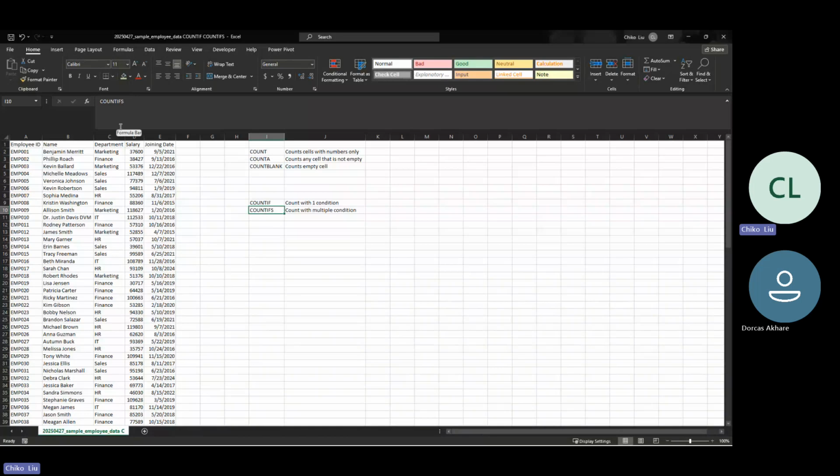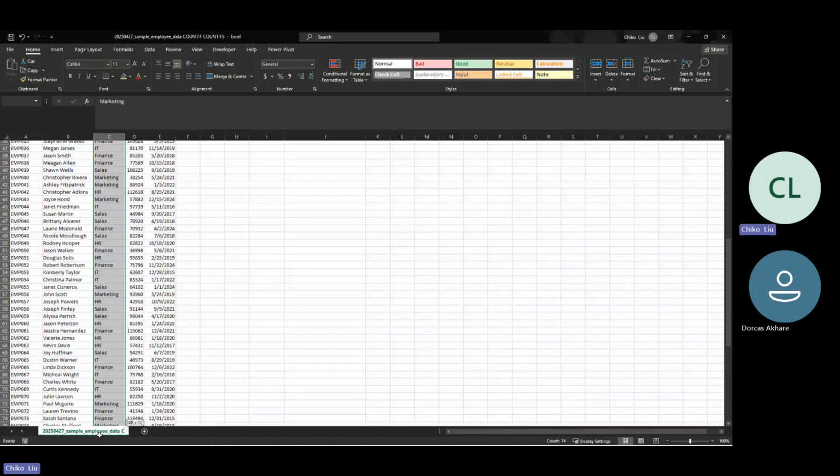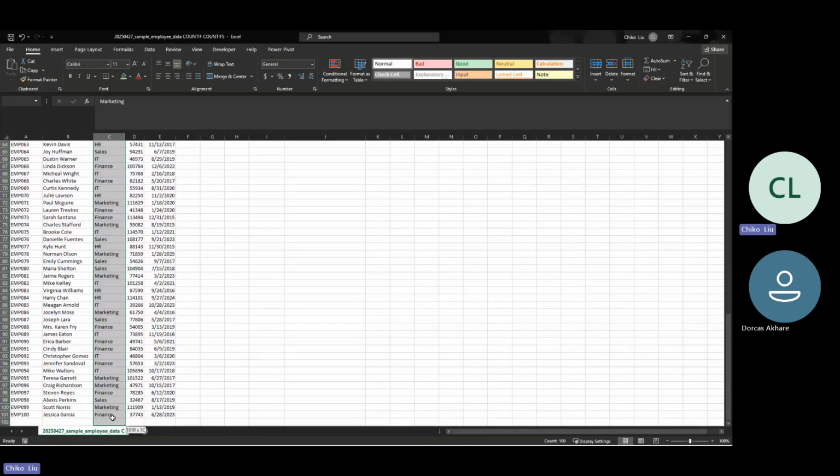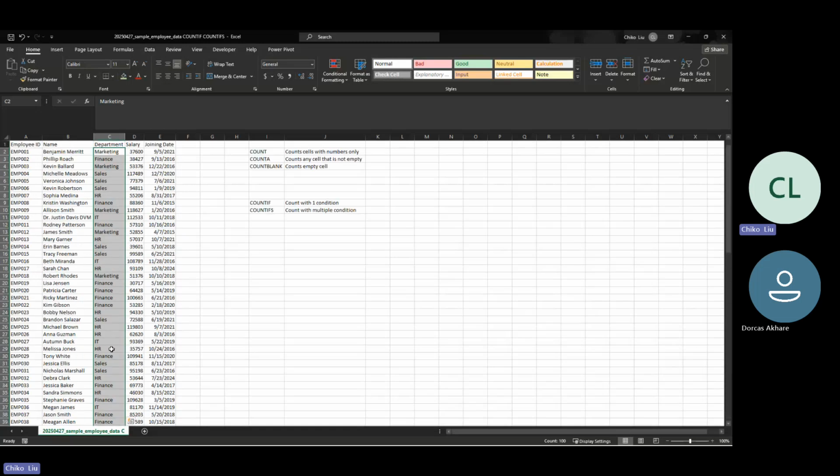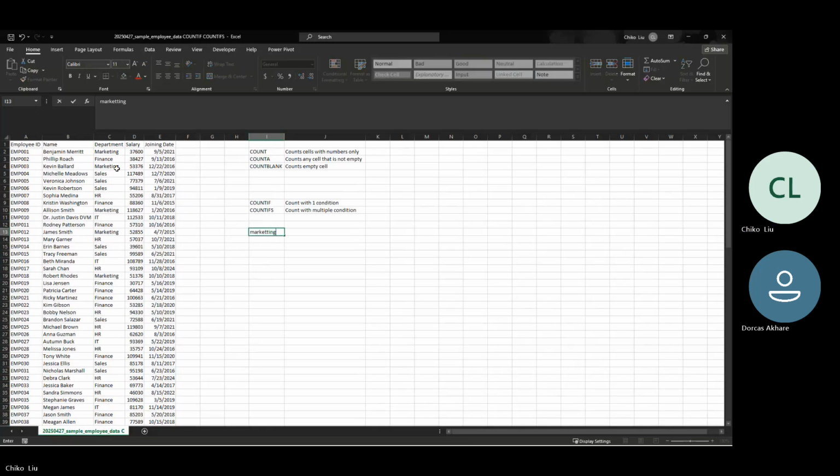So what does that look like? I want to count the total number of people in IT departments, and we have about 100 rows of data in this particular salary table. Now I want to check how many people are in marketing department. What do I do? What I can do is to say marketing, and I will then say